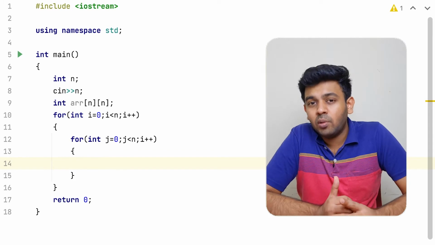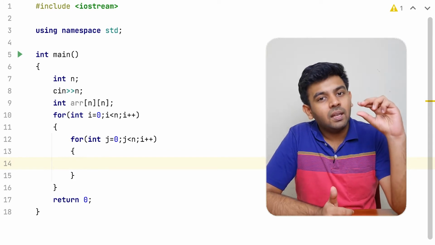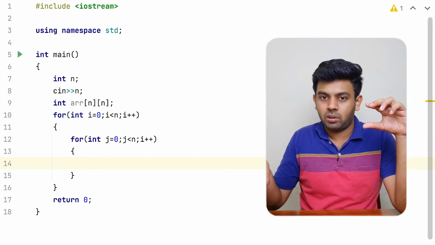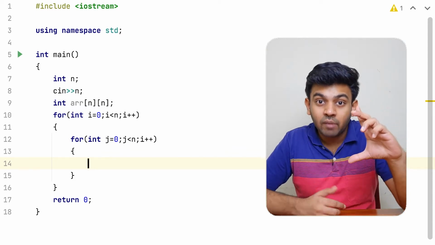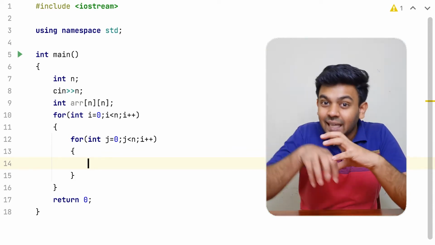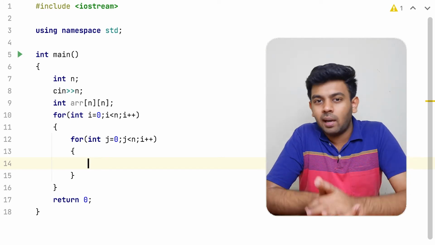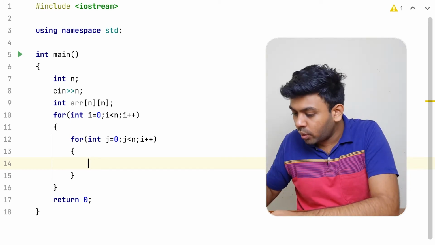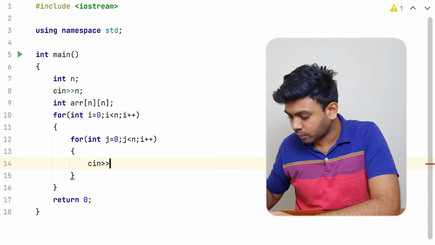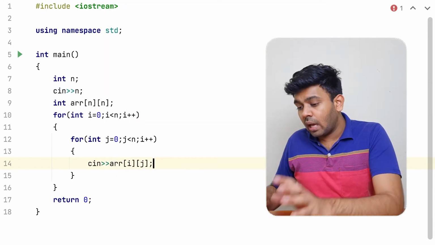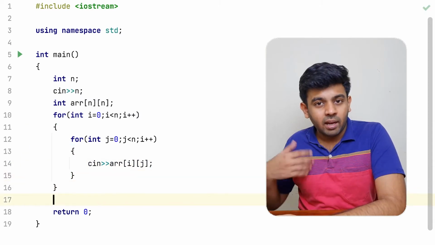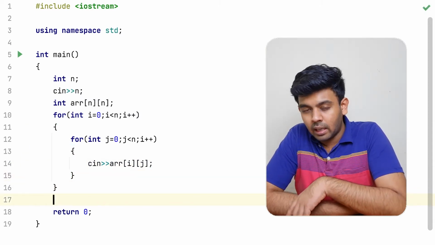For every row, you have n columns, and you have n rows. So for the number of rows you have a loop, and for the number of columns you have another loop inside this loop. That is what we call a nested loop. Now we are going to get input for this matrix, arr of i j. So I have read the values of the matrix and stored them in arr of i j.